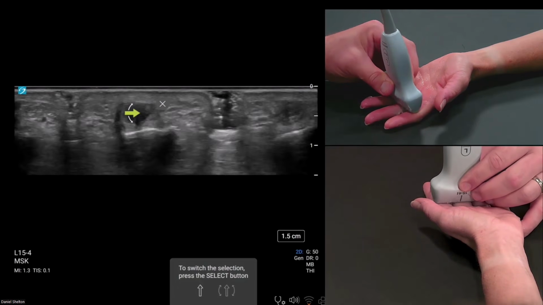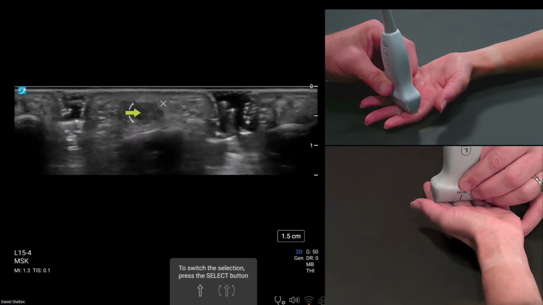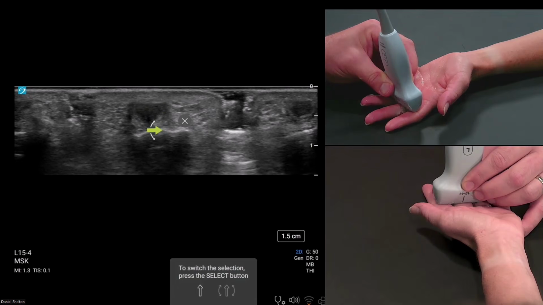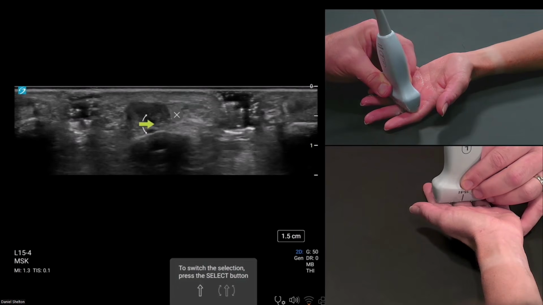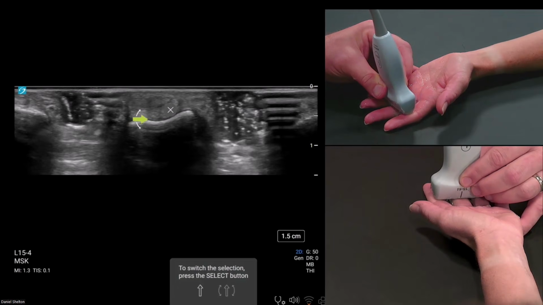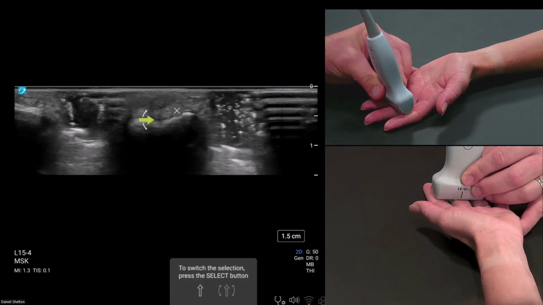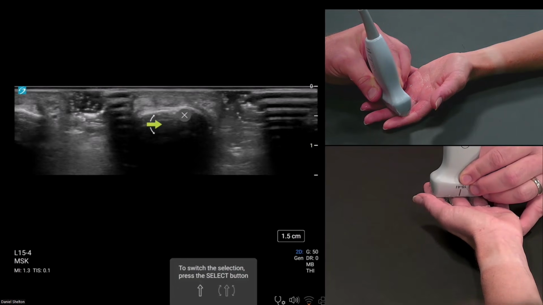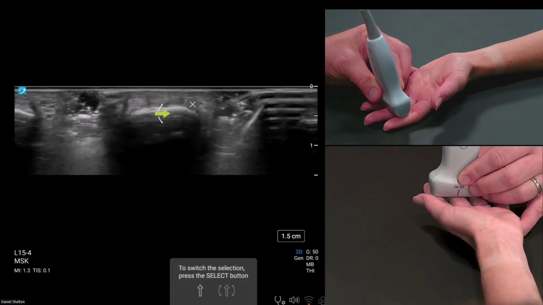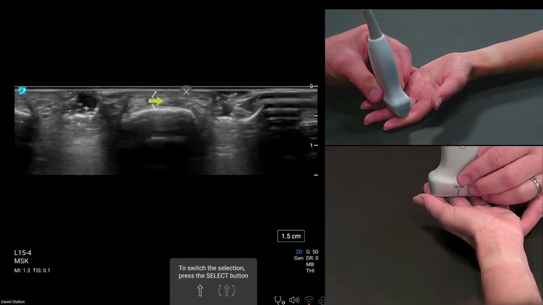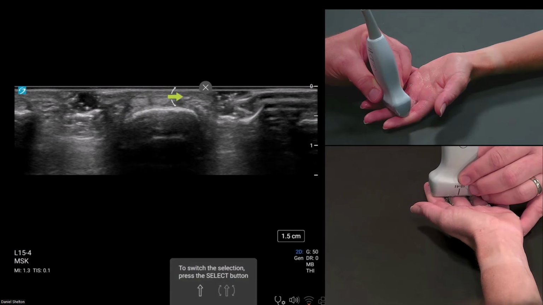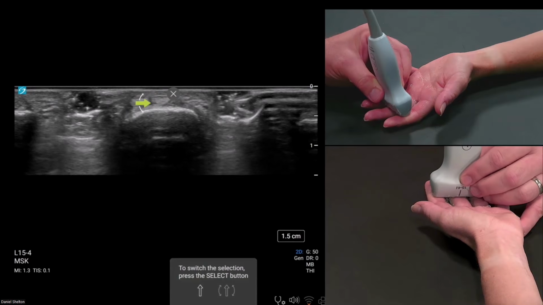But if you let the anisotropic property show you which is which, you can leave the profundus layer dark and the superficialis layer will stay bright. And the superficialis layer are these triangles on the side as we reach the PIP joint here. So we have cartilage of the proximal and middle phalanx. So this will be the distal head, and then this will be the proximal surface of the middle phalanx. And we see up top what looks like three tendons. But what we really have is superficialis, superficialis, and profundus.